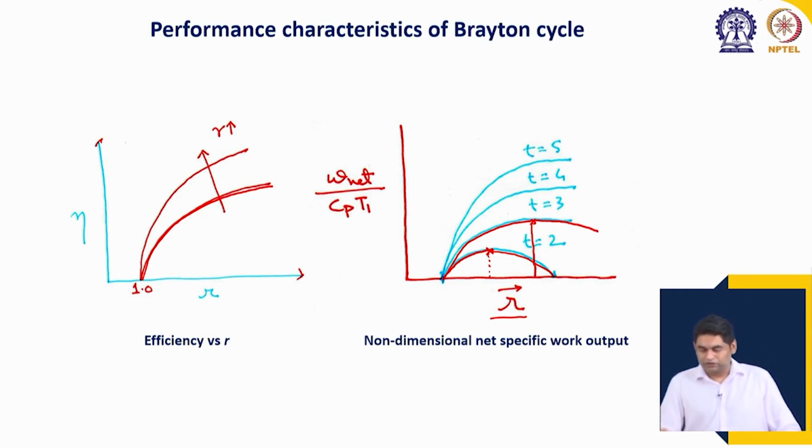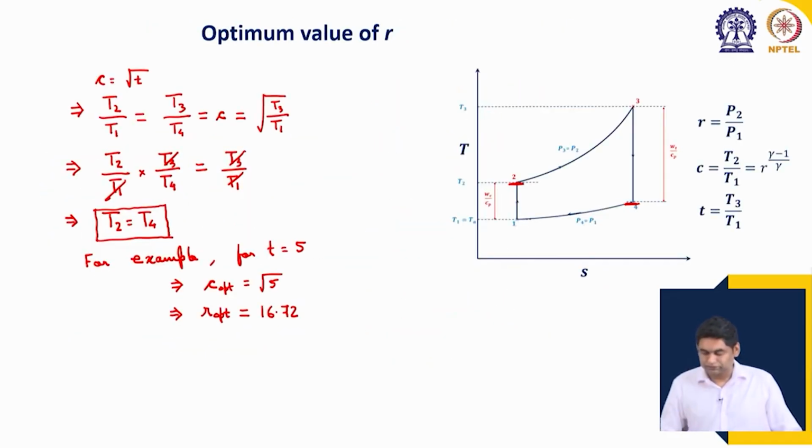So, considering both efficiency and work output, what is done is that a value of R is selected near this optimum value of R, for significantly high values of T, such that we get good efficiency also, but we do not compromise on the net specific work output. So, I hope this is clear. Okay. So, then